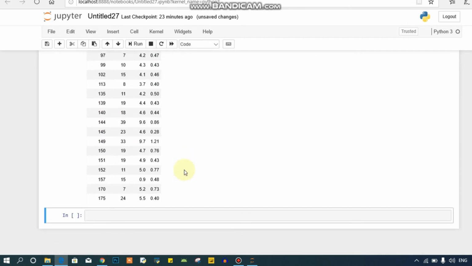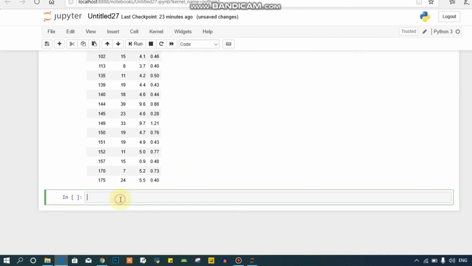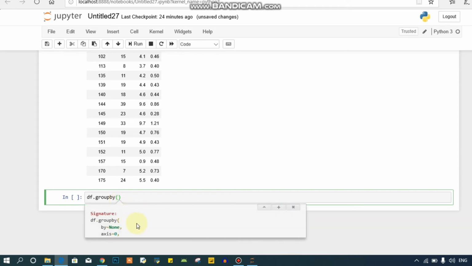Let's group it on the basis of cost. For grouping it on the basis of cost, I will just type df dot group by. Also, if you want to see what operations we can perform, you just press shift and tab, and you will be able to see all the options inside this bracket.